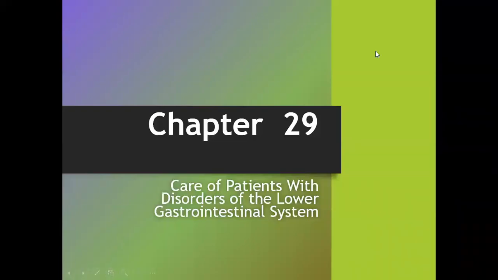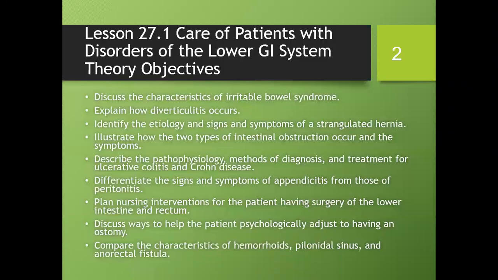Chapter 29, Care of Patients with Disorders of the Lower GI System. Lesson 27.1, Care of Patients with Disorders of the Lower GI System Theory Objectives. Discuss the characteristics of IBS, explain how diverticulitis occurs, identify the etiology and signs and symptoms of a strangulated hernia,